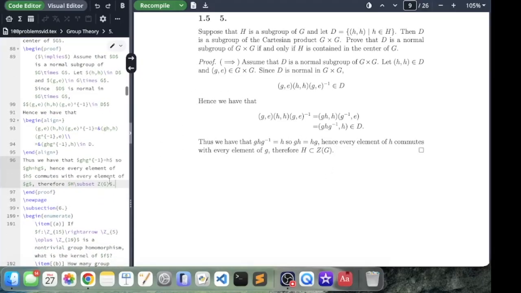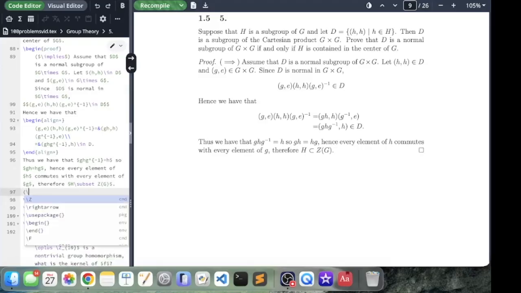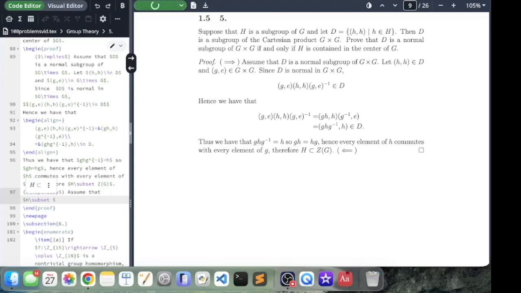Okay, so this is the forward direction. We want to do the backwards direction, that is the implied-by direction. We're going to do a very similar trick. We're going to start off by assuming, symbolically, that H is contained in the center of G. Assume that H is contained in the center of G. Again, stylistically I'm just going to do that. It compiles really slowly. Okay, H is in the center of G,